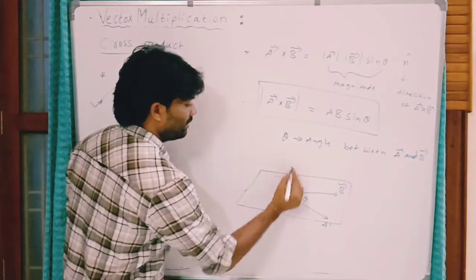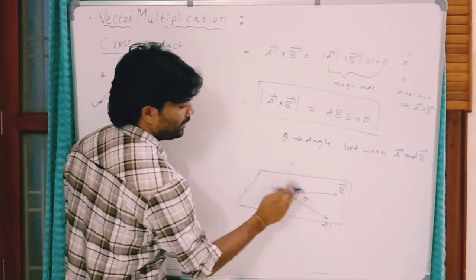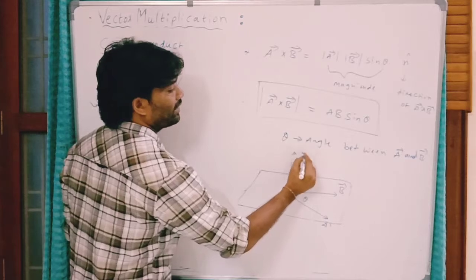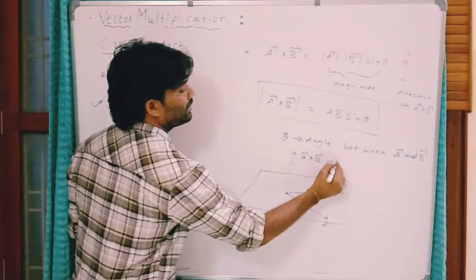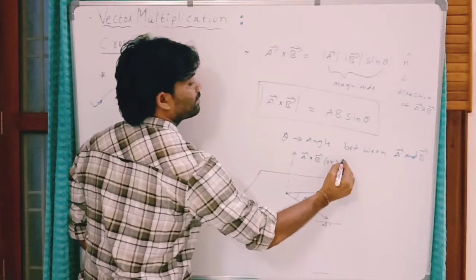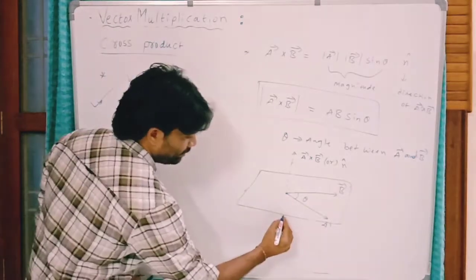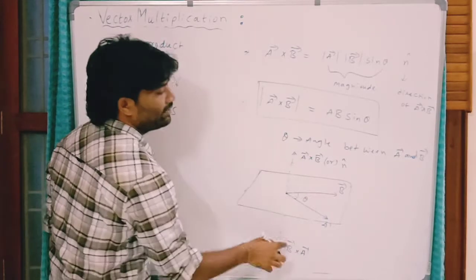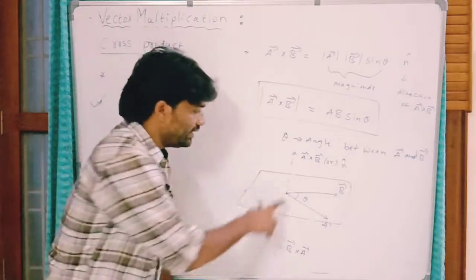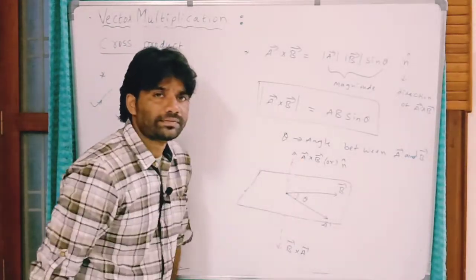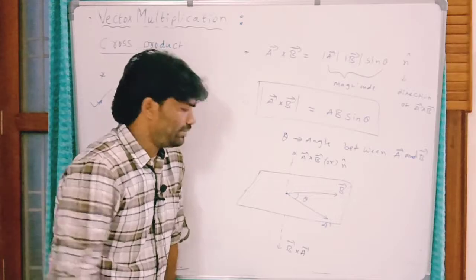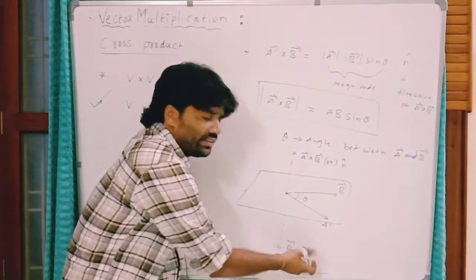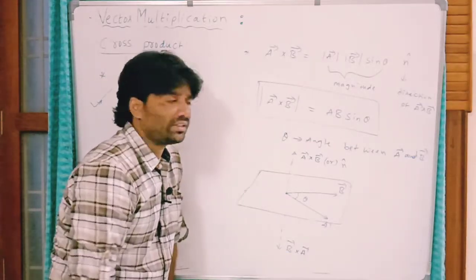I can draw that. This is the line perpendicular to this plane like this. This is the direction of A cross B, or you can show this direction by this n cap. Now B cross A is in the opposite direction. This is B cross A. What is the angle between A cross B and B cross A? 180 degrees. These two are not equal. A cross B is not the same as B cross A. Magnitudes are equal definitely. If this cross product magnitude is 10, this is also 10. Magnitudes are the same but directions are opposite.